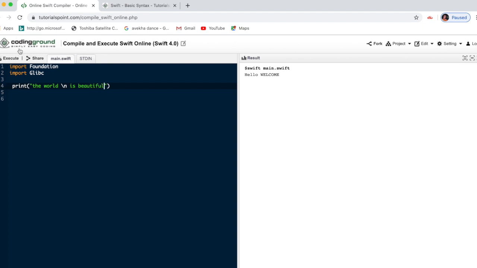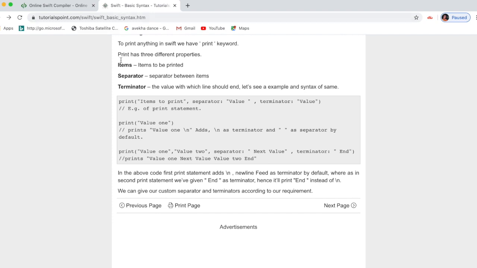Okay, what happens, we can just see. So \n is for the next statement. In this way there are a lot of printing types. Say here we can see value 1. This is showing that it prints the next sentence like add. So in the first sentence it will show value 1, then after that, below it, adds, that way.